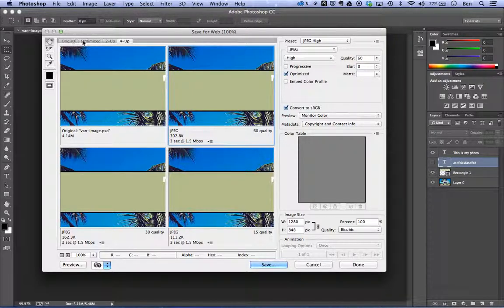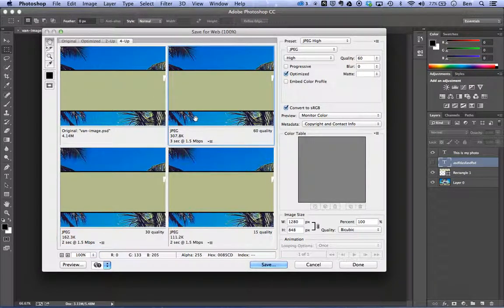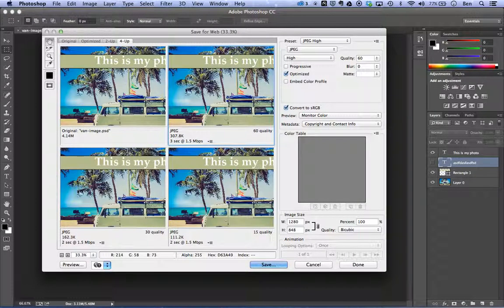View options: Original, Optimized, 2-up, 4-up. I really like 4-up. 4-up just allows us to compare 4 different things. You'll see we have the original right here in the top left. But if I zoom out a little bit, you can see most of the image. But I can select on these different panes and try out different presets